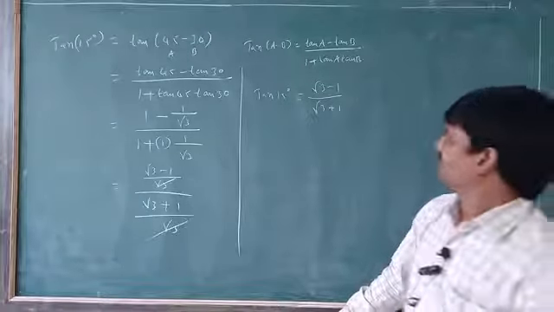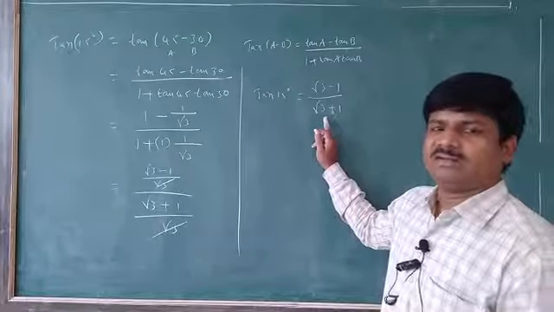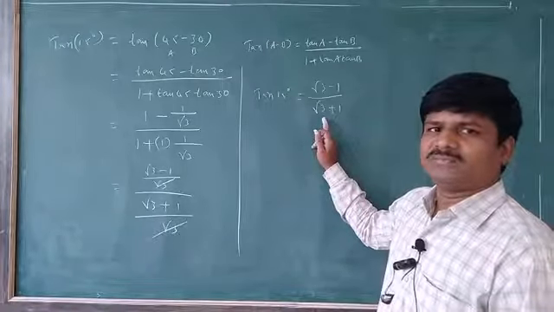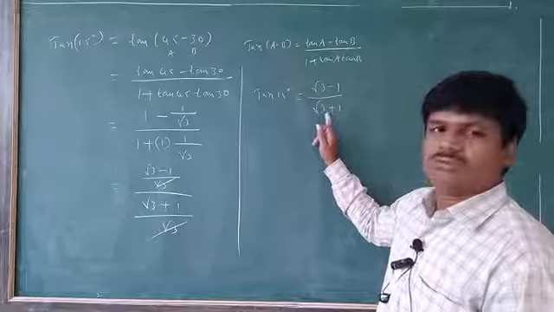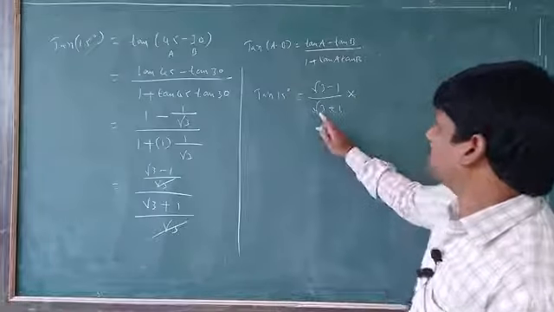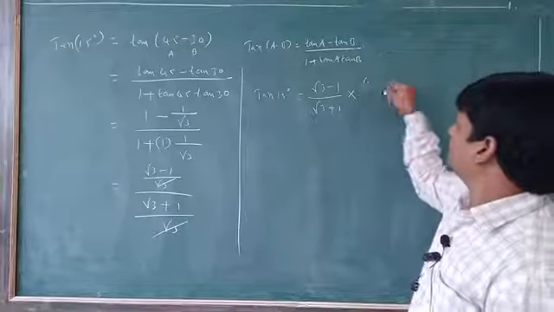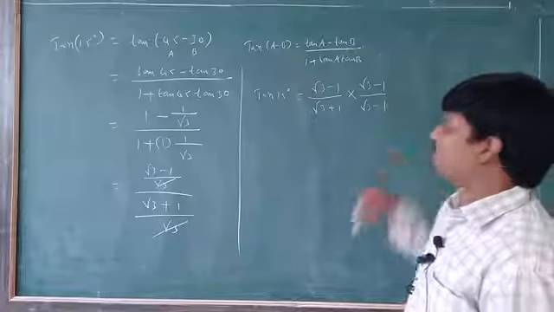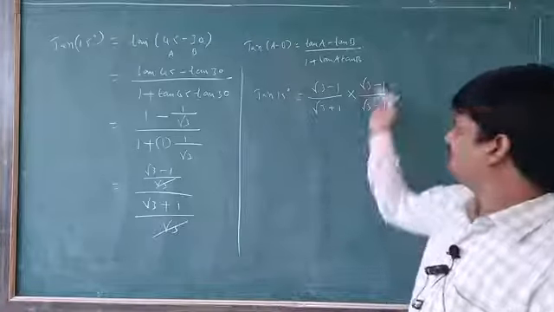Okay? Yes. Next, here the denominator root 3 plus 1 means it is irrational. Compulsory you have to convert into rational form. So that is why what we will do? We have to rationalize the denominator. To rationalize the denominator, root 3 plus 1 is there, I am multiplying and dividing by root 3 minus 1. Okay, then simplify this one.